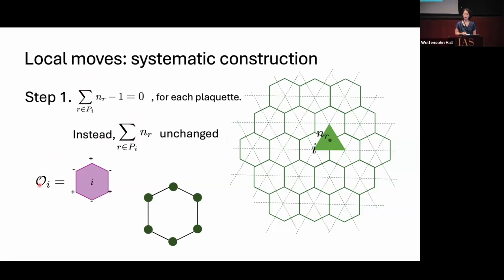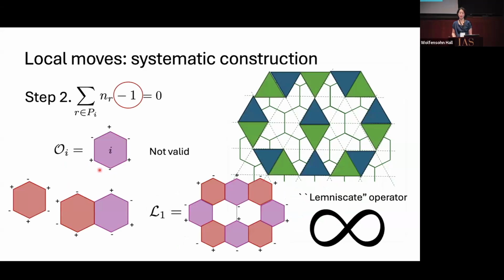But this operator, our version of a local move, would annihilate our configuration because it is subtracting 3 particles from a plaquette, whereas our filling, which is not part of the Hamiltonian but dictates our constraint, was 1 particle per hexagon. So this immediately told us that life is not going to be a walk in the park. But she kept at it, and she found, okay, let me build it out. How far do I have to go to be able to get back to my legal configuration? And what she found is that if you build an operator which we call the Lemniscate operator, because it looks like an infinity sign or number 8 lying sideways,